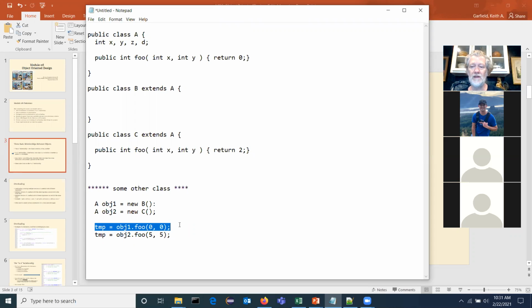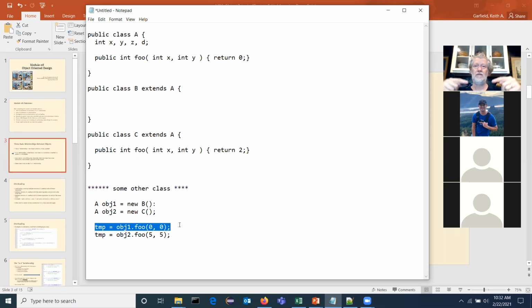There's no foo. But it also says B extends A. So now the Java virtual machine will say, oh, I can't find foo here in class B, but I see you're an extension of A, so I'm going to go up to A and see if I can find it there. So it would return the 0. It would return 0, correct.